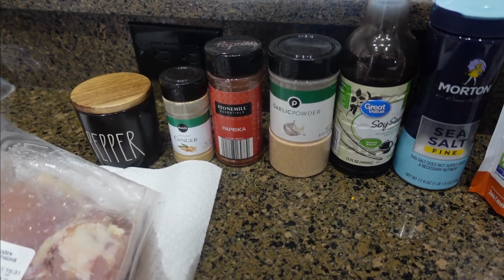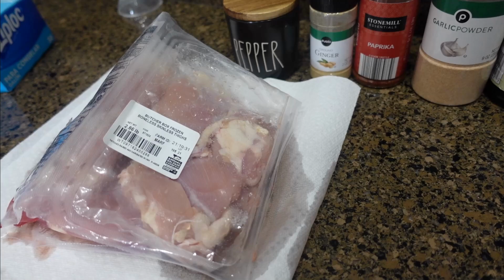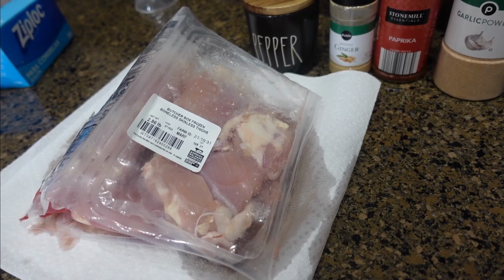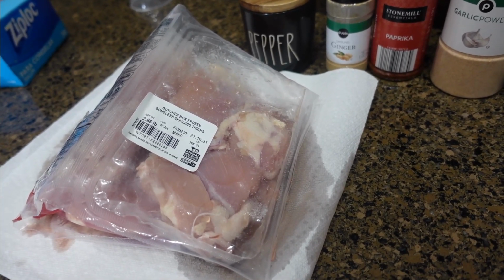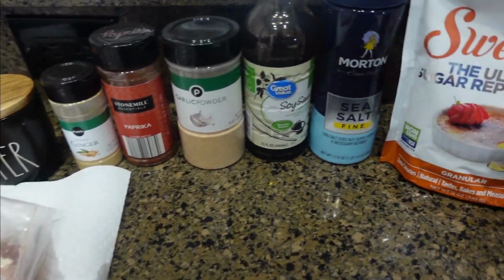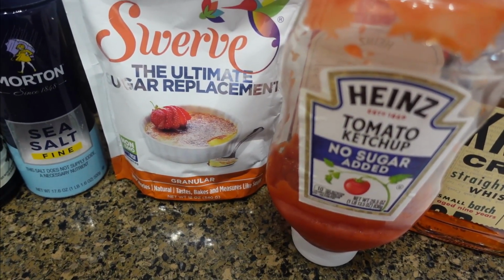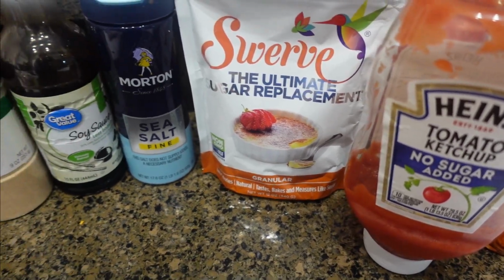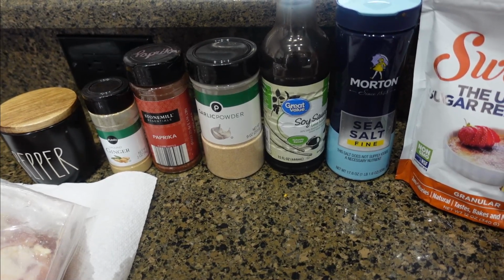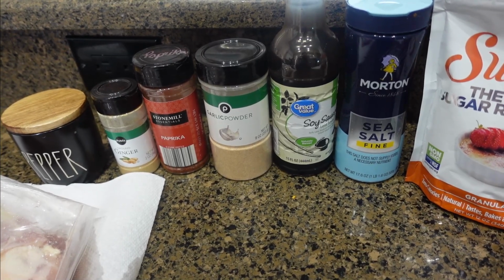But what you're gonna need for this recipe is a pound of boneless, skinless chicken thighs. It says that if you don't like dark meat, you can use the chicken tenders instead, or chicken breast, but it's not gonna be as good as using actual chicken thighs. You need 2 tablespoons of sweetener. I'm gonna be using Swerve. You're gonna need 2 tablespoons of sugar-free ketchup, 2 tablespoons of soy sauce, a 1/4 cup of water, which I don't have out just yet, a shot of bourbon, some ground ginger, black pepper, paprika, garlic powder, sea salt, and